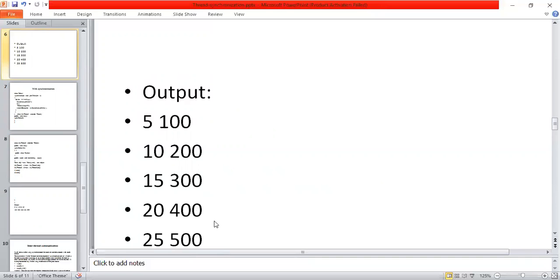In that situation, neither thread is executed completely, so both threads are simultaneously executing. This is the drawback of executing multiple threads if you don't have synchronization.